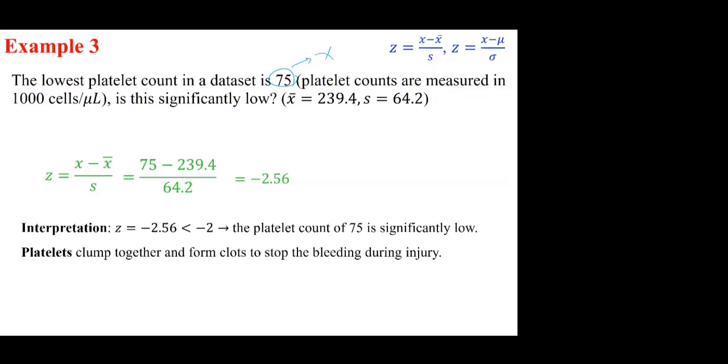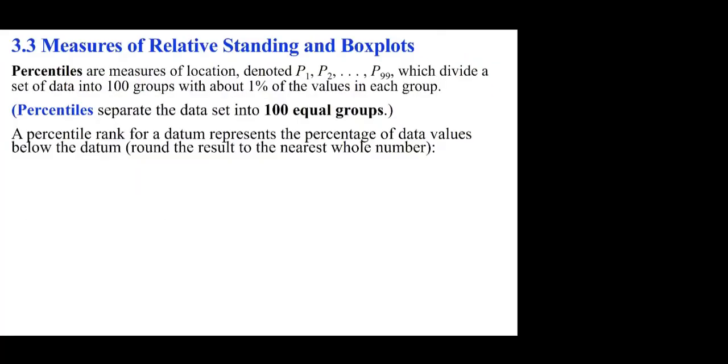Why are we saying it's significantly low or significantly high? We are comparing it to two numbers. One of them is negative 2, one of them is positive 2. So less than negative 2 and larger than 2, it's considered unusual. Percentiles are measures of location denoted P1, P2, etc., P99, which divide a set of data